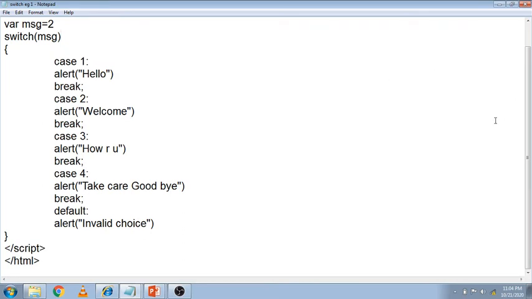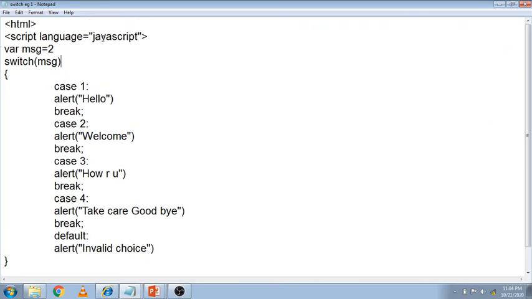I type it in Notepad first. So the basic structure: HTML, head, title, give any title, title close, head close. Then body, script language equal to, in double quotes, JavaScript. Variable declaration: the variable is msg, equal to 2. Here I give the constant value 2.